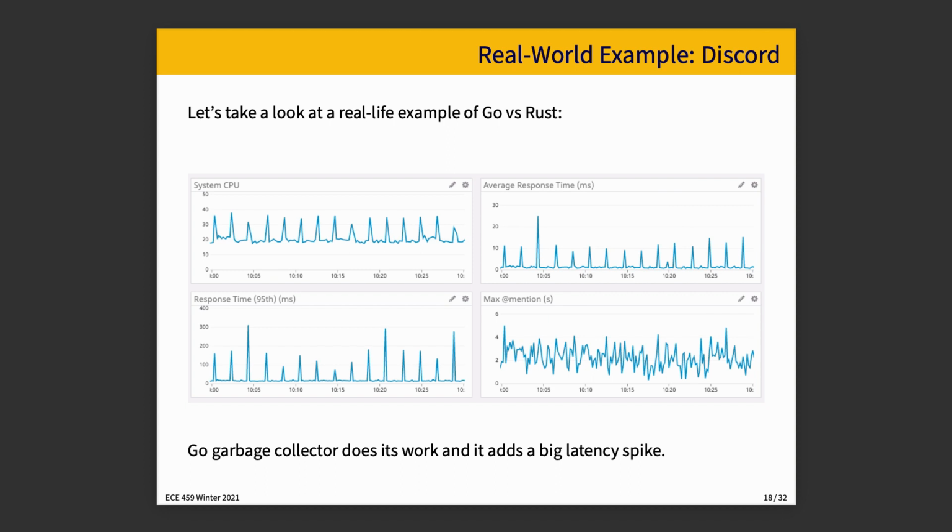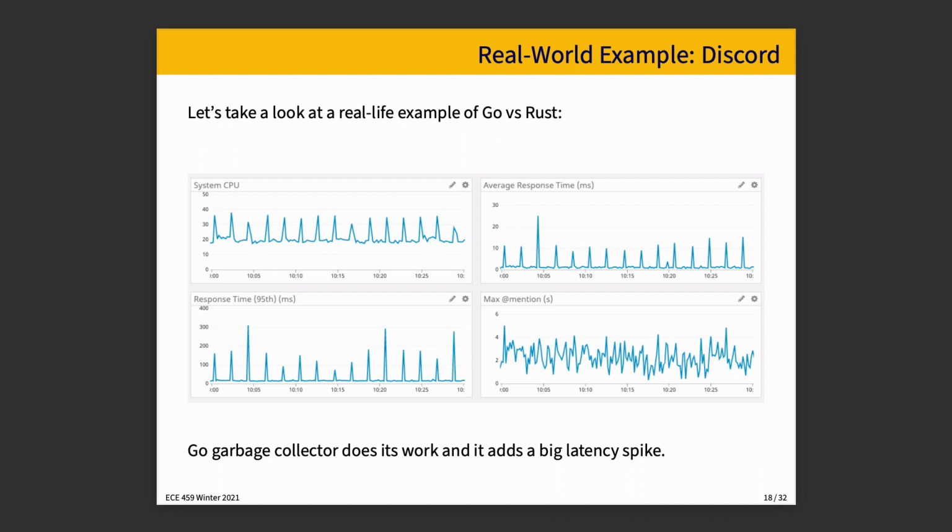So let's take a look at a real-world example from Discord. I imagine at least some of you have used Discord. It's kind of a chat program, voice chat. People use it when playing games, that sort of thing. There is video functionality in it, that sort of stuff. But here's a real-world example of our data, and this comes from a mention service, so like notifying people when